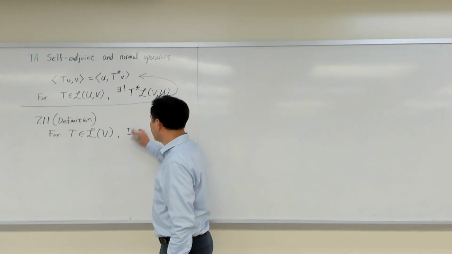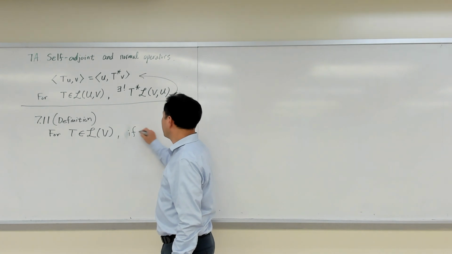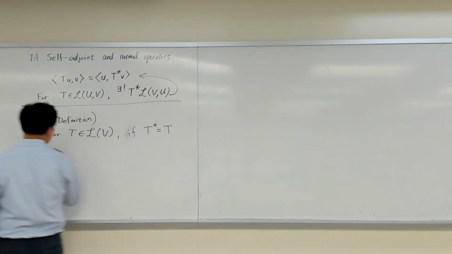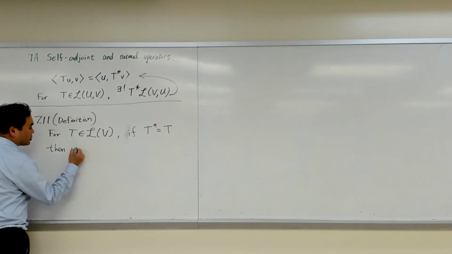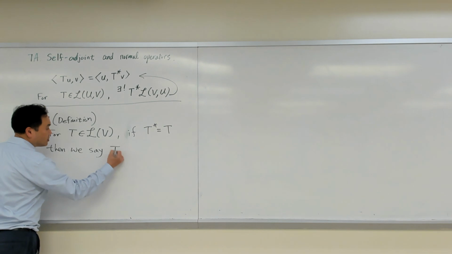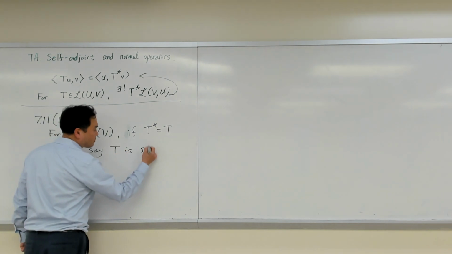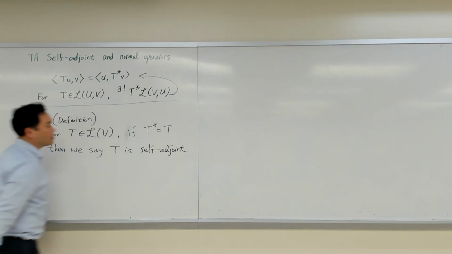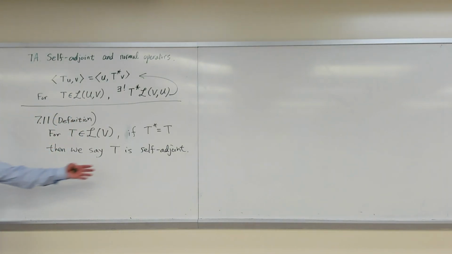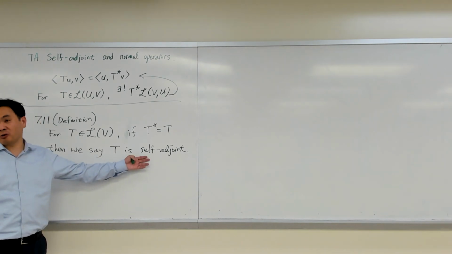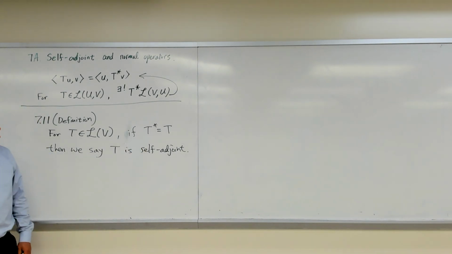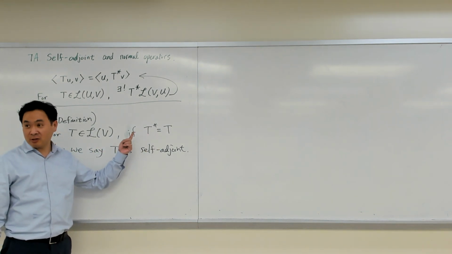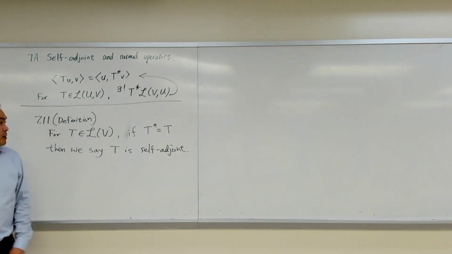if T star is the same as T, then we say T is self-adjoint. Okay. I mean, the choice of the name self-adjoint makes sense because T star being equal to T means that the adjoint of itself is just itself, right? So